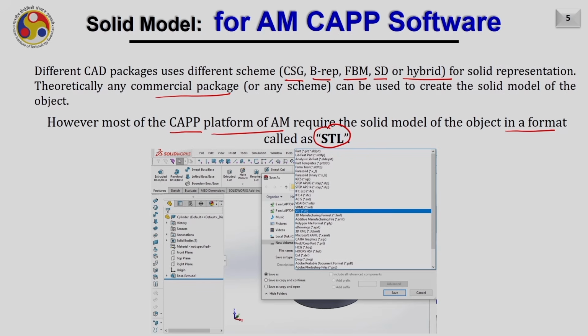And all these commercially available CAD packages are capable of converting the solid models into the STL format. The example of the same has been shown here, where SolidWorks is used to convert the solid model into the STL file. So for that, in the case of SolidWorks, you go to File and save it as an STL file.